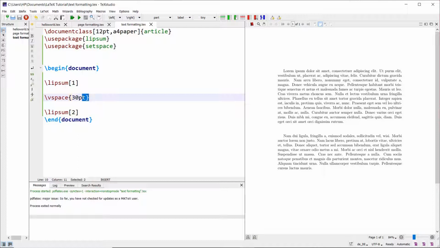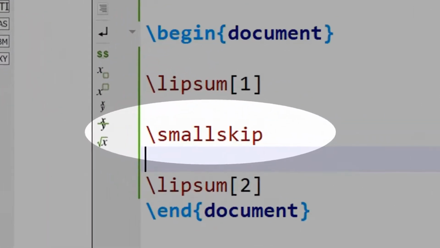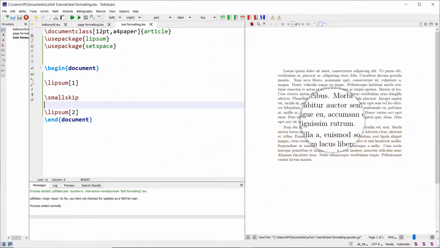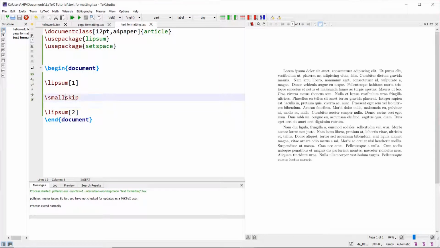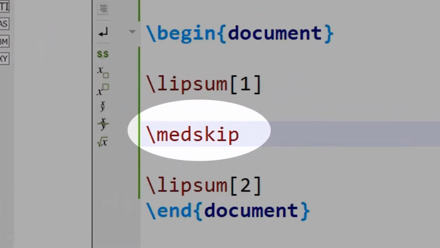Similar to vertical space, you also have three more commands. The first command is smallskip. Smallskip specifies a small spacing between two paragraphs. You might not see even the difference here. After smallskip, we have medium skip, which is specified as medskip.